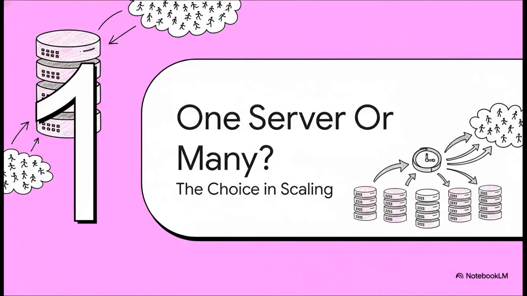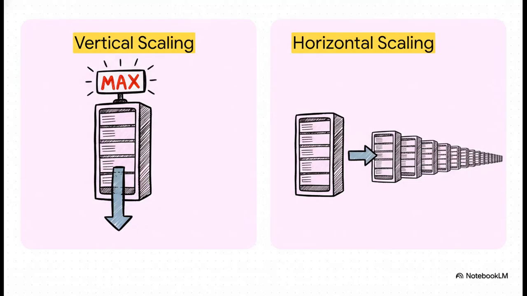Okay, so let's say your app suddenly gets super popular. Great problem to have, right? But now you've got a big choice to make. How are you going to handle all that new traffic? It really boils down to two fundamental philosophies. On one hand, you've got what's called vertical scaling. This is kind of like beefing up your gaming PC. You just buy a bigger, badder, more powerful server. More CPU, more RAM, the whole deal.